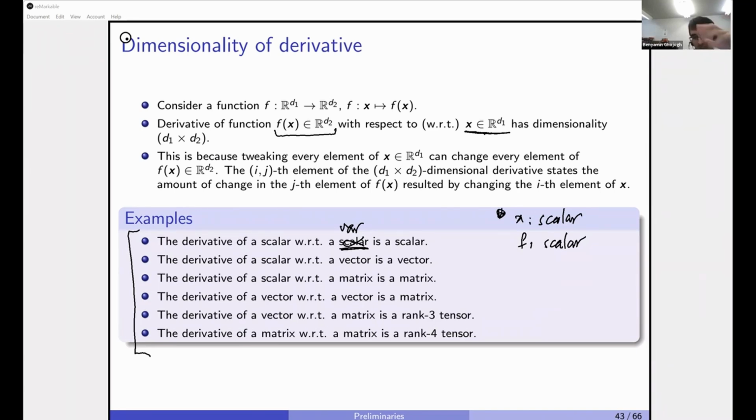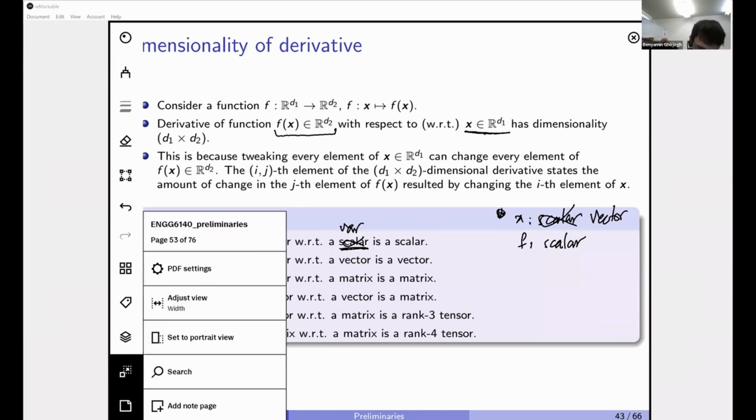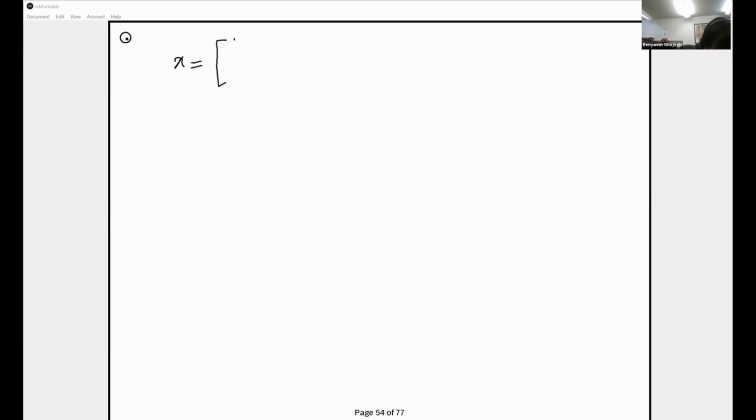The second example, I think, clarifies it better. Assume that now the x, the input, is a vector, and the function is a scalar. What would be the derivative? When we say the variable is a vector, it means that when you change every element of the vector x, it has some impact on the function f. It changes the scalar f, right? So assume that x is a three-dimensional vector. I think with this note, it becomes clear what I mean. Assume x is 1, 2, 3,